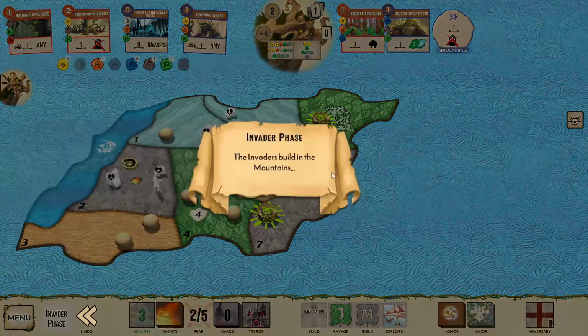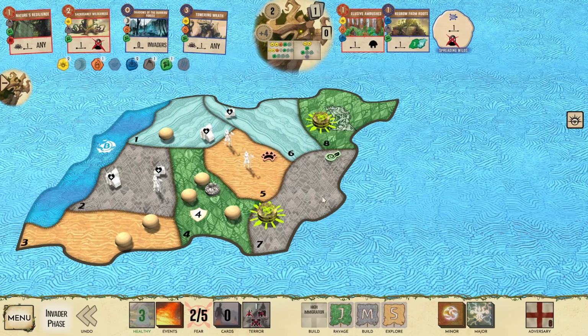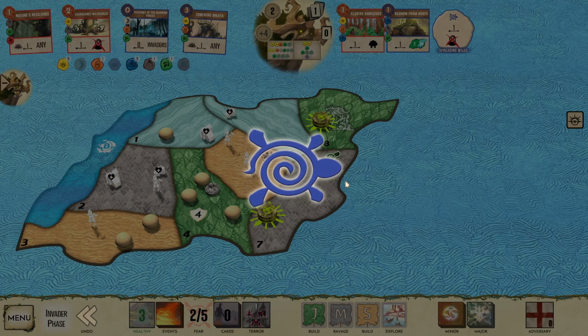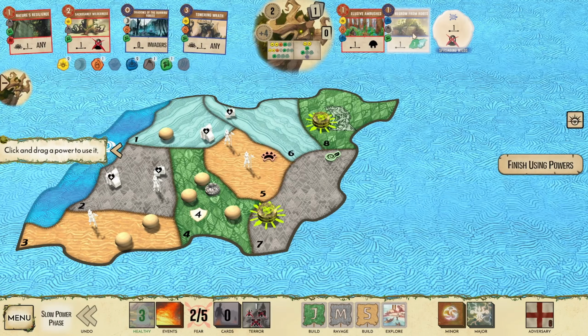Nice. Okay, we dodged a build on land number 7 as well. So it's really hard creating these pockets against England, but in this game it kind of worked out in our favor. So we will use Regrow from Roots to remove a Blight. And